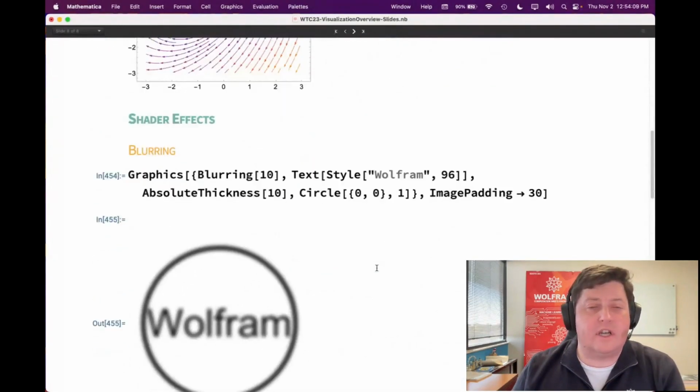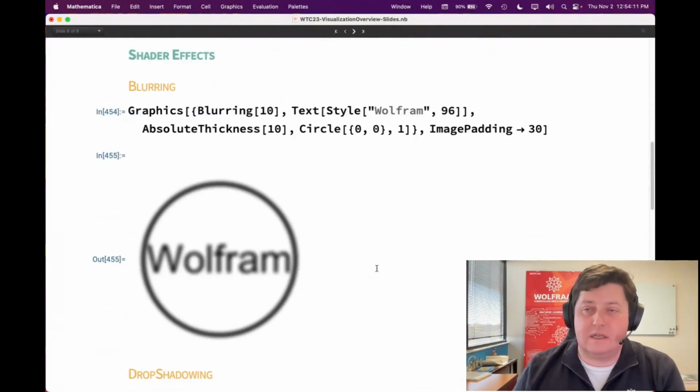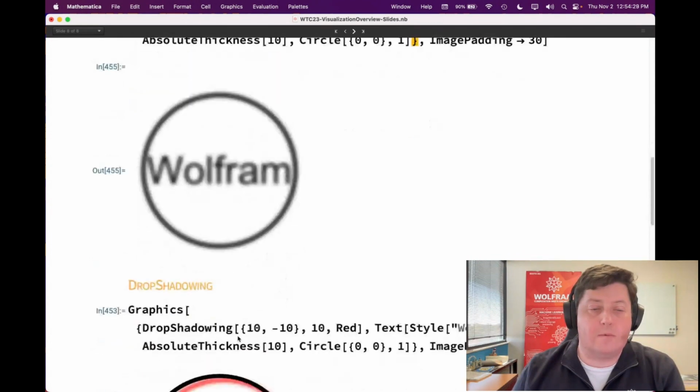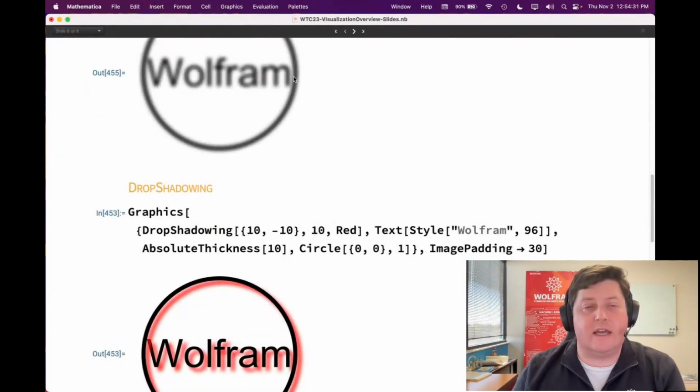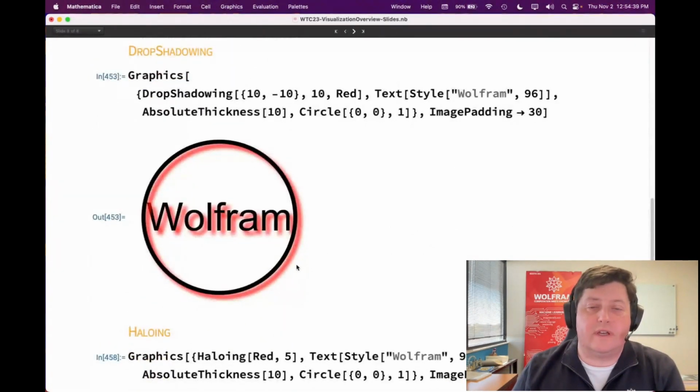We also have various shader effects that can be used as directives in graphics. And so we have blurring, which takes your content, which in this case is the text Wolfram and a thick circle, and just draws it in a blurred way with a given blurring radius. We have drop shadowing, which basically takes that blurring and uses it as an offset backdrop behind the object. And so this gives you sort of a 3D light effect,